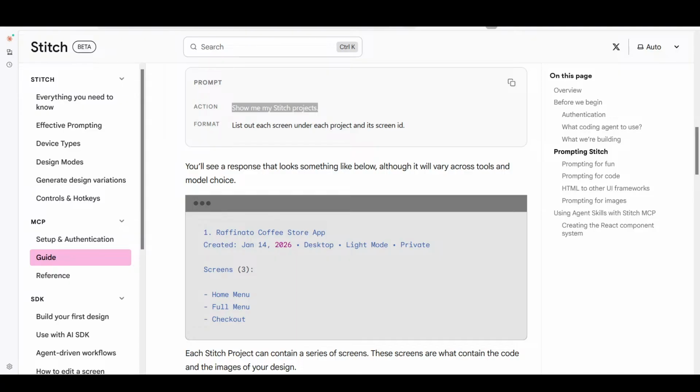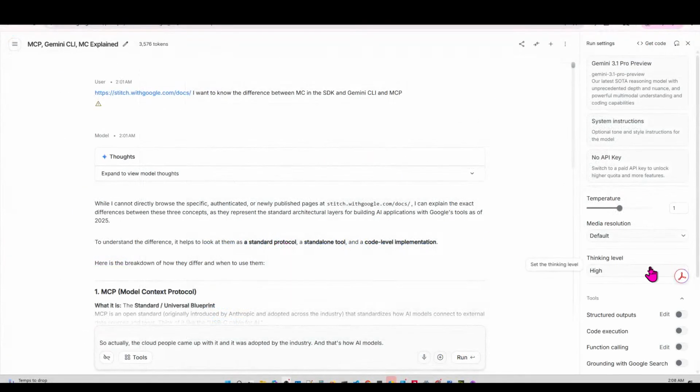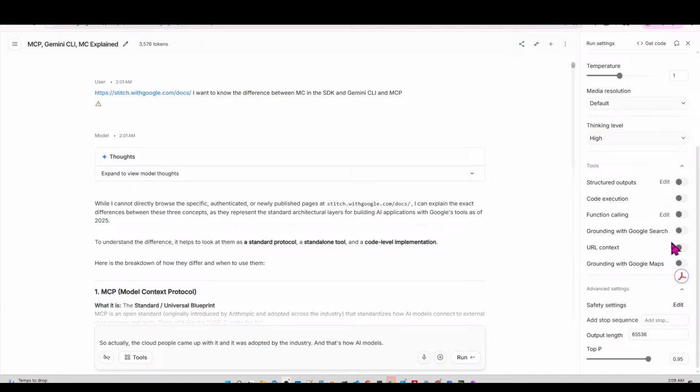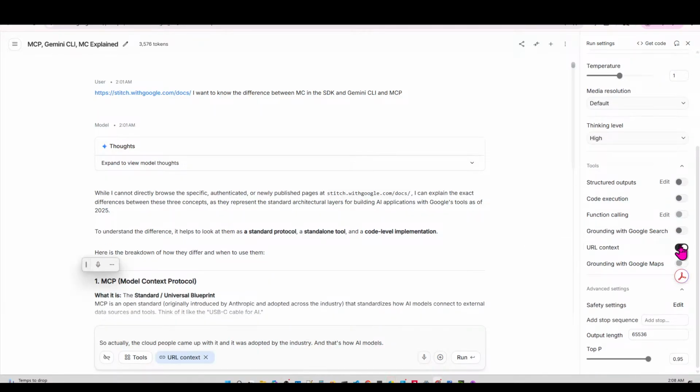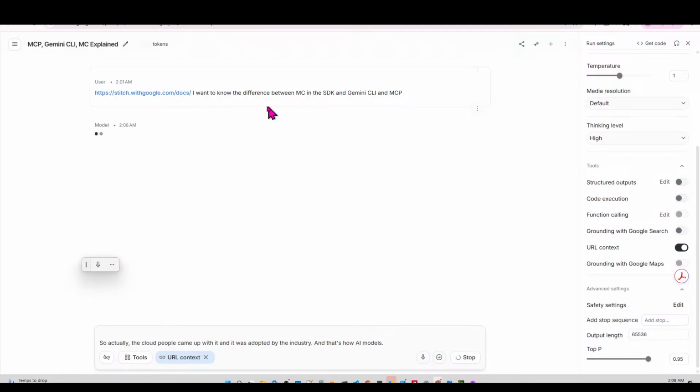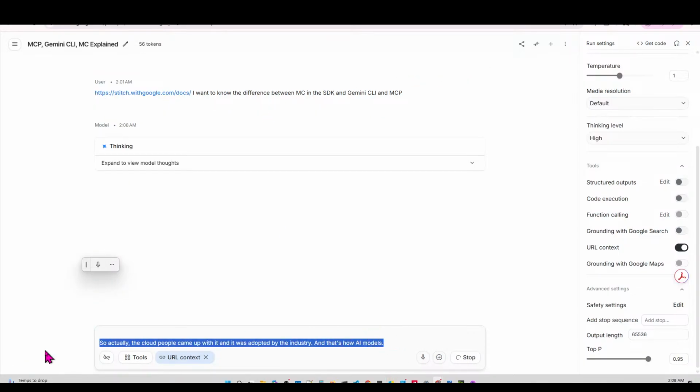I want to say, read the URL. Oh, so what's going on is that there's this thing here that you can do. You can say URL context. So when you enable URL, it should be able to read the URL,